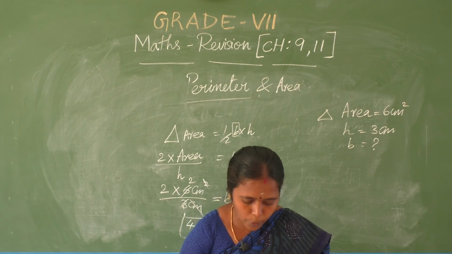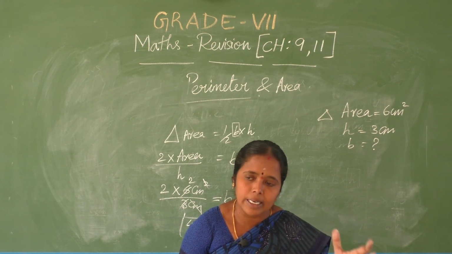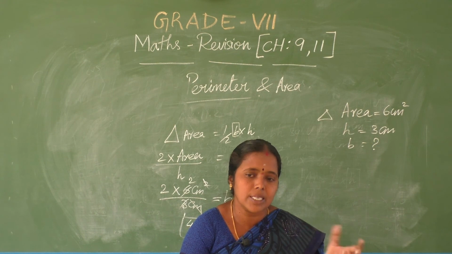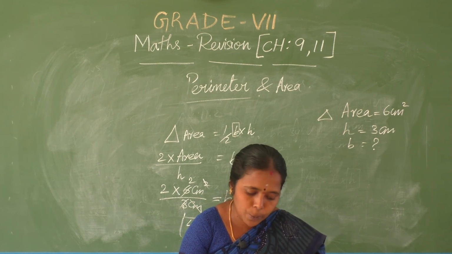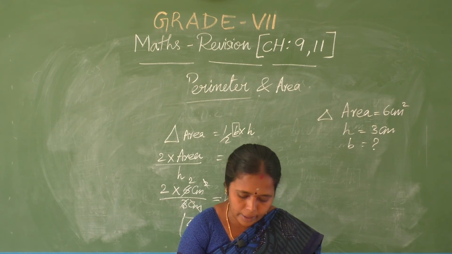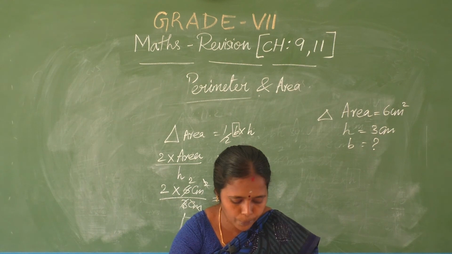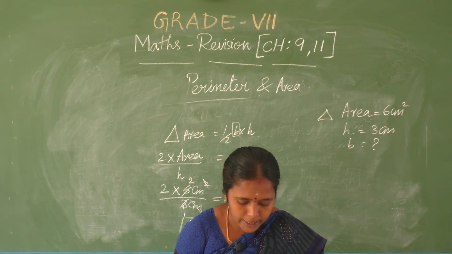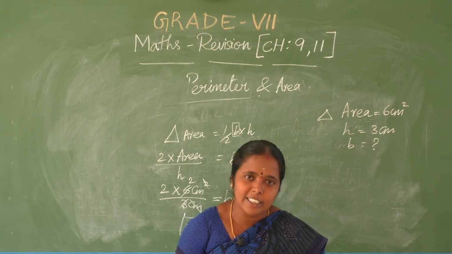Okay. 11.1 was related to perimeter and area based on circle, triangle, square, rectangle. 11.2 is parallelogram and triangle. The third part is circle. Circle means which you know. What do you know about circle? It has center, radius, diameter, chords.